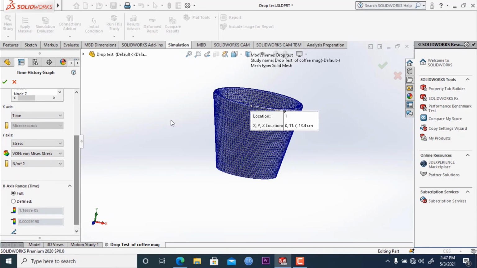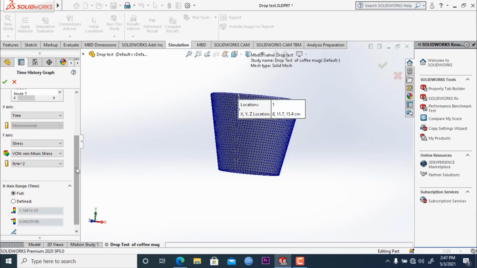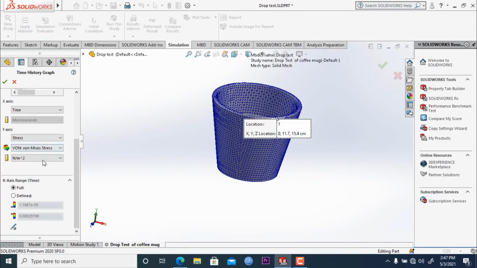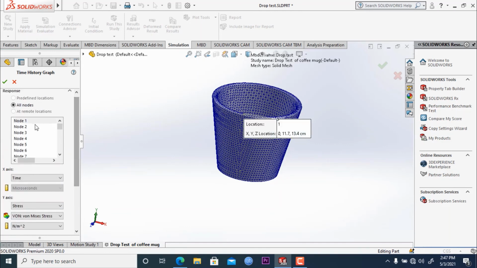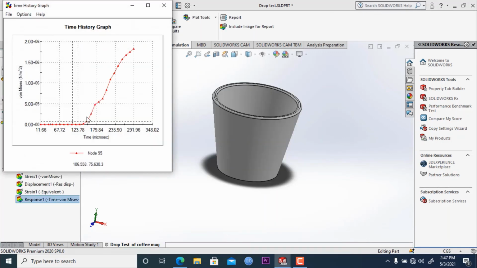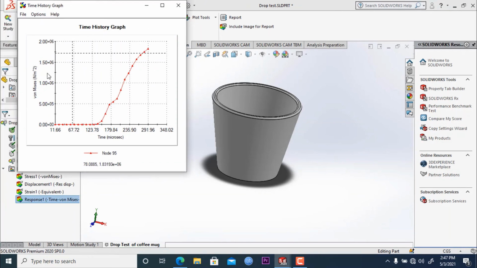Similarly, you can draw the time plot right here. Here it is showing the different number of nodes, and if you select any node and click OK, it will show the von Mises stress versus the time graph.